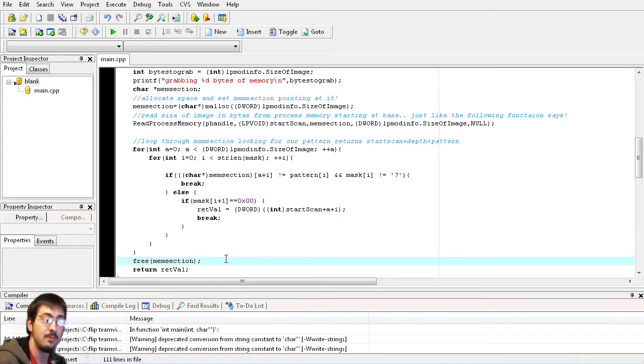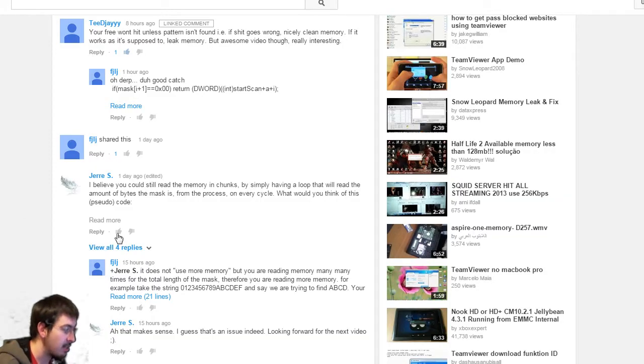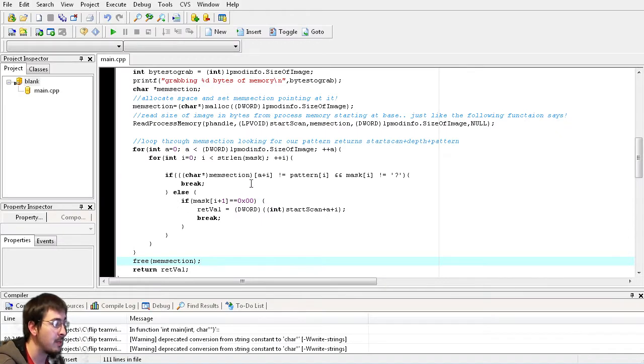Problem solved. Now, we have another comment on here about the way that we find that address. I believe you could still read the memory in chunks by simply having a loop that will read the amount of bytes in the mask. This is true. But if we come in here and we change this to